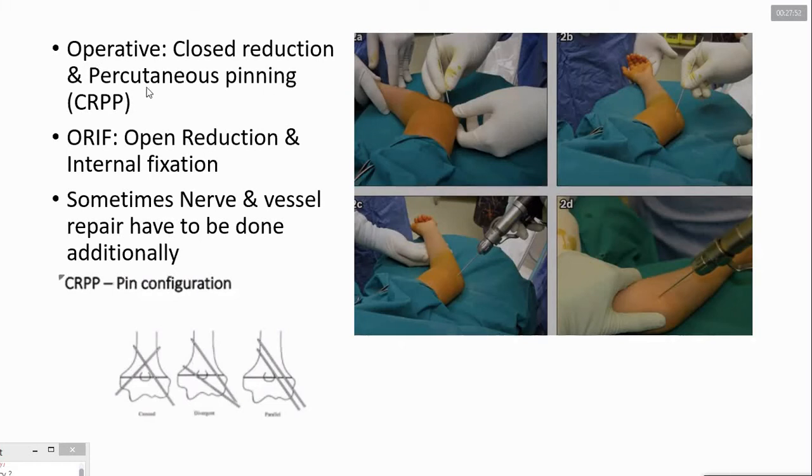If it is not possible to get reduction by a closed method, that is without opening the fracture site surgically, then you need to do an open reduction and internal fixation. So you need to open the fracture, clean out the fracture, take out the interposed tissues, put the bones together, fix it with K-wire, close the wound and apply plaster. Sometimes, additionally, when there are nerve and vessel injuries, you have to be prepared to repair the vessels as well as the nerve. So the CRPP, the closed reduction percutaneous pinning, the pins can be fixed in any